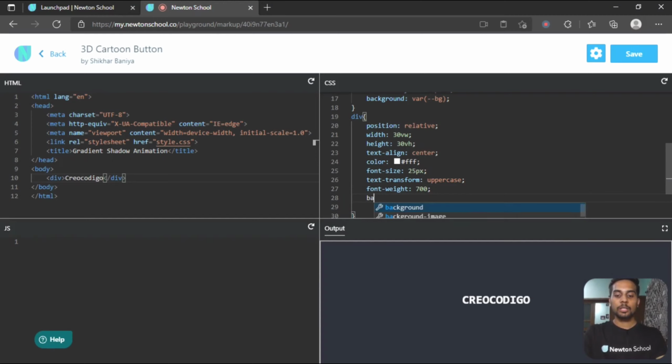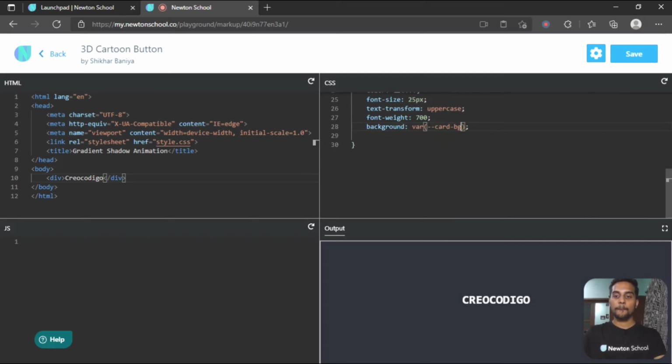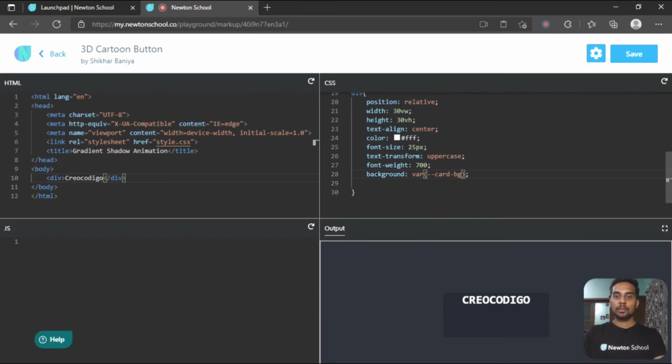Let's change the background as variable card BG. As you can see, we got this card, right? Let me add another property, line height 30 view height. So it got centered in this card.